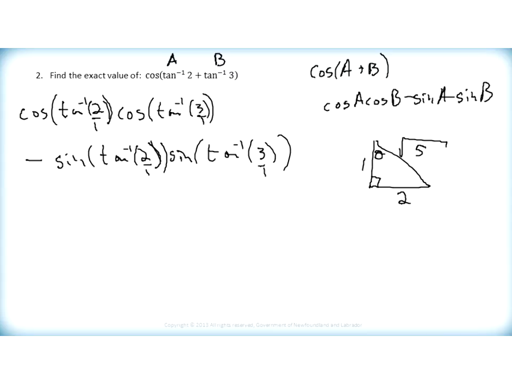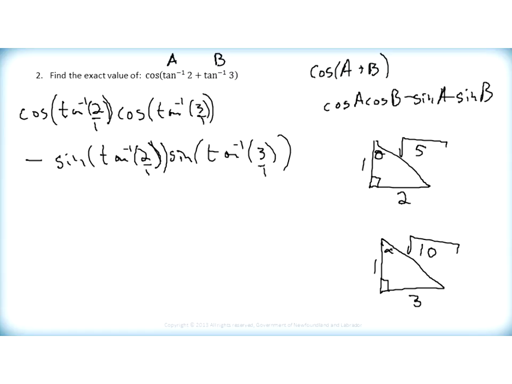Okay, so that tells me that that's going to work for the first triangle. Let's do one triangle for the other one as well, and then we'll put it all together at the same time. So for the other triangle, I have to have a 3 and a 1 for my opposite and adjacent. And so that angle, let's call it alpha or something, has to be up there. So we're going to have the square root of 1 squared plus 3 squared, which is the square root of